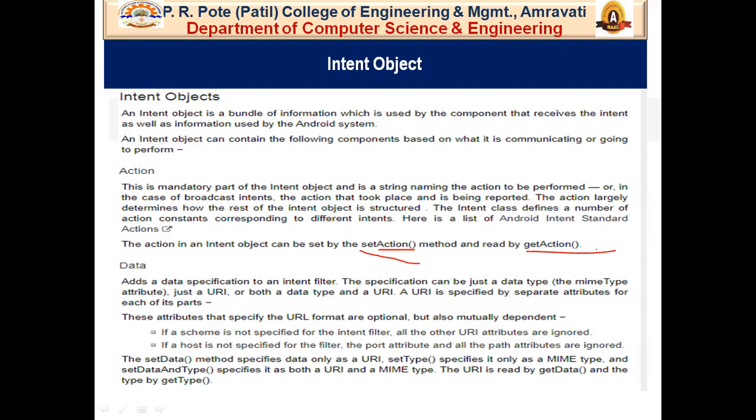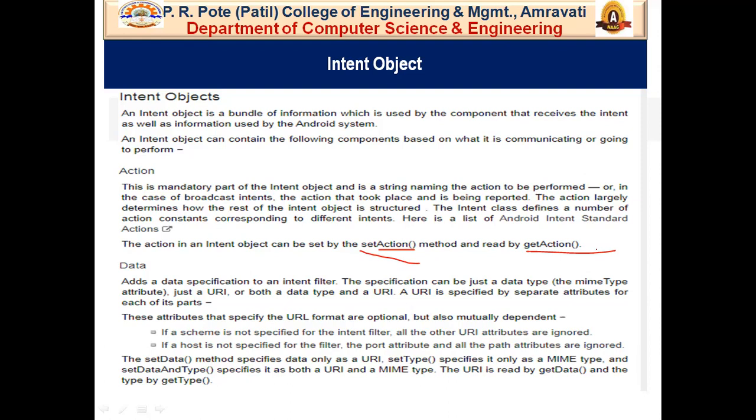A URI is specified by separate attributes for each of its parts. These attributes that specify the URL format are optional and also mutually dependent.